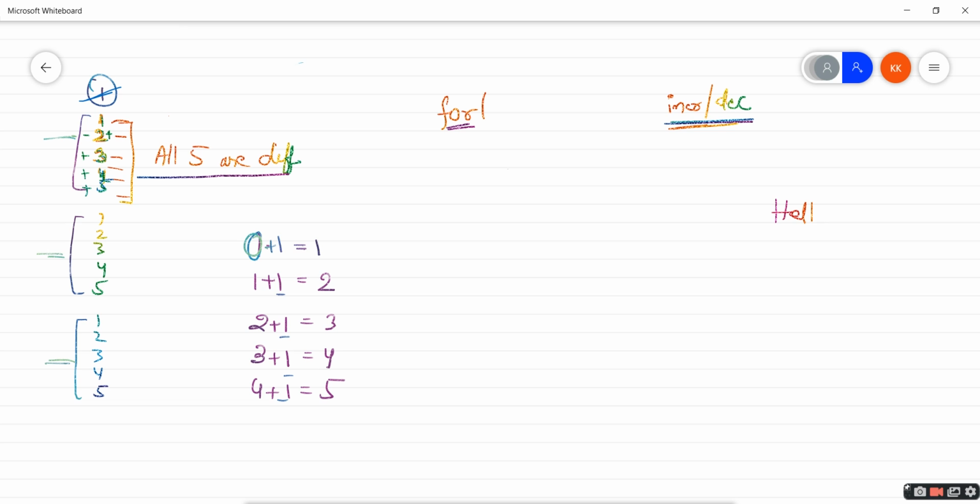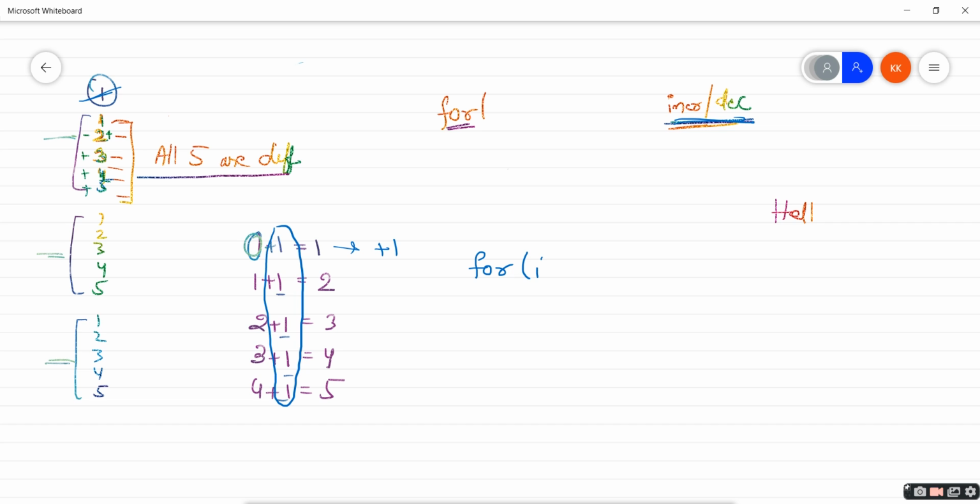So we have plus 1 everywhere, right? We can clearly see this, plus 1 in each and every statement. So we can understand that this has some relationship, some connection. Every statement has plus 1, right? So we can use the increment and decrement part. Now I can use this for loop.